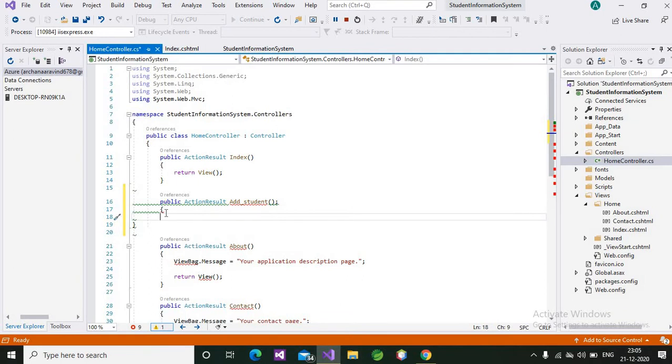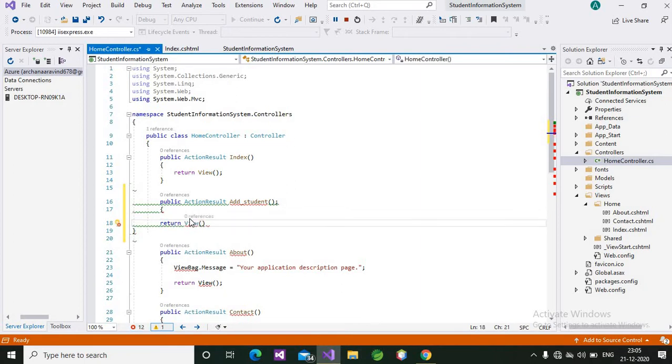Then this action result will return a page, that is the Add Student form. For that, here we have to give return view within double quotes, Add Student.